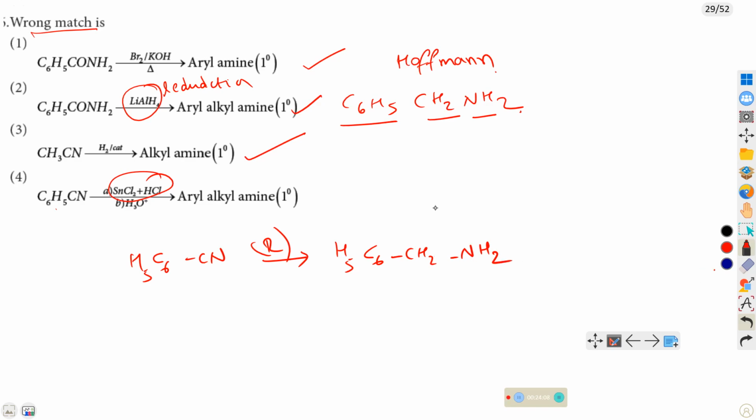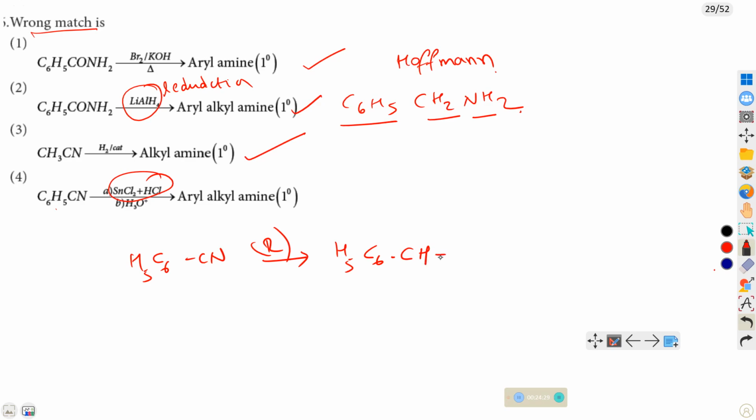Now, it is given SnCl2 plus HCl, then H3O plus. It undergoes reduction, not amine. It gives amine